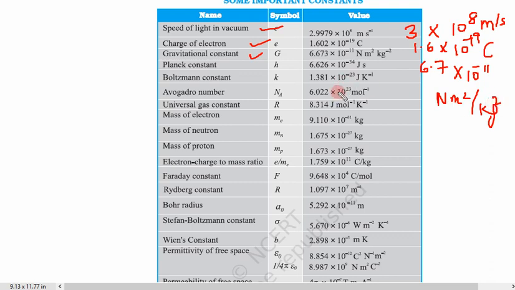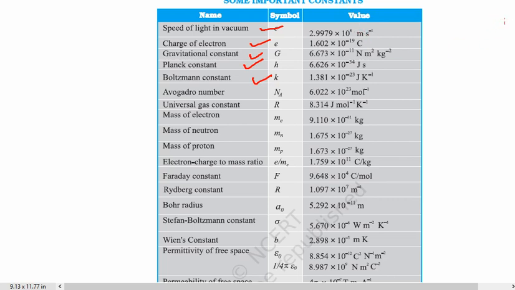So I am just giving a hint right now, but as we progress in the course we will remember these things. I am just telling you what the important constants are. Planck's constant 6.626. Let us write it in a simple way: 6.63 into 10 to power minus 34, very low power, joule second.